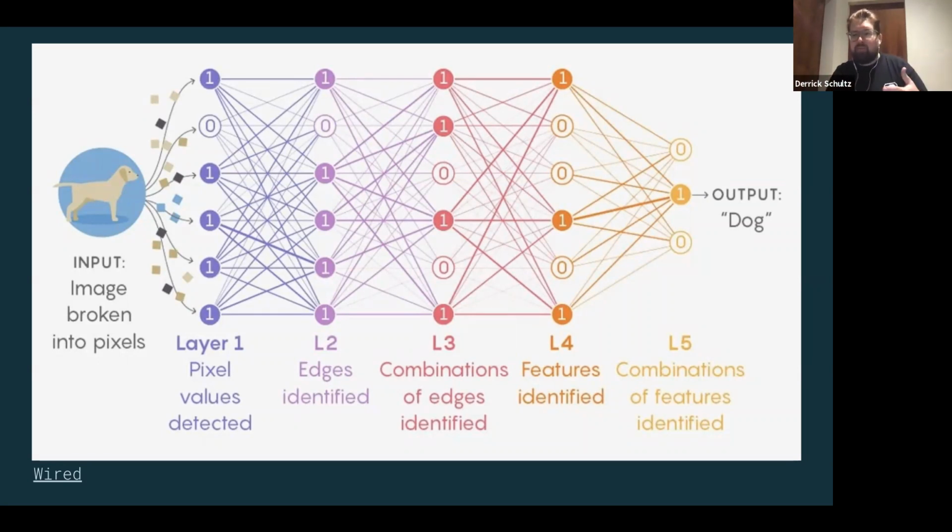We as humans probably don't do that. We don't instinctively do that, right? If I were to show you an animal you'd never seen before and say, is this a dog or is this a cat, you would instinctively say, well, what is its nose shape like? What are its ears shaped like? How tall is it? How big is it? Those sort of things. So when we talk about machine learning being similar to human learning, it is in a way, but it's more of an analogy than anything else.